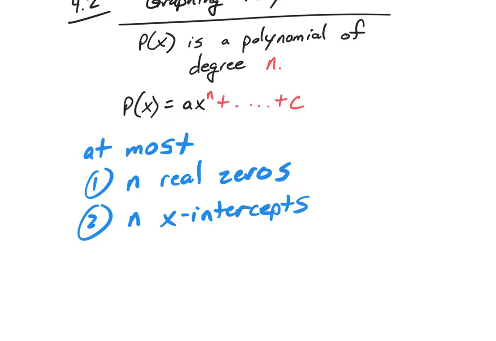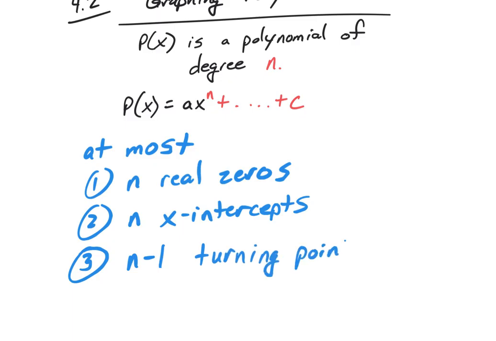And then the last one is it will have at most n minus 1 turning points. So the most turning points it can have is 1 less than the degree. If we go back and look at the 3 graphs,